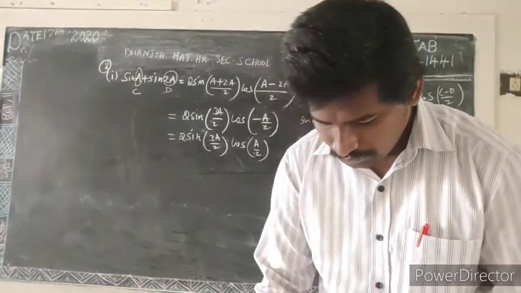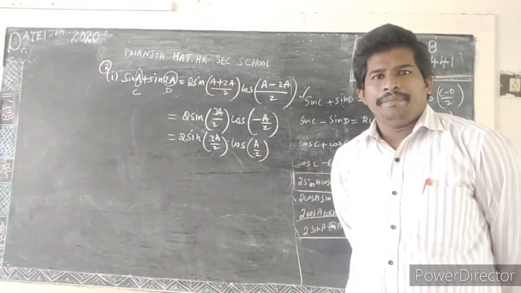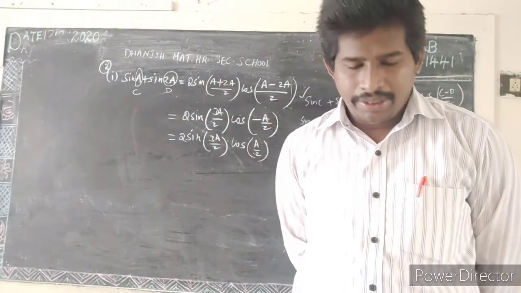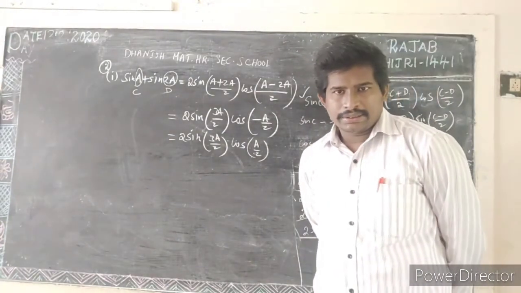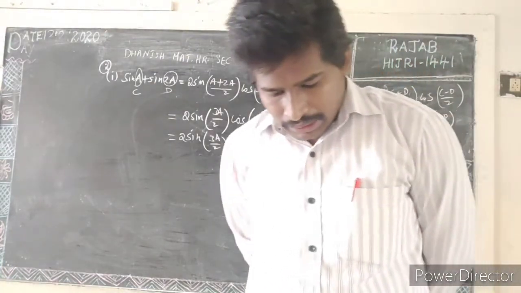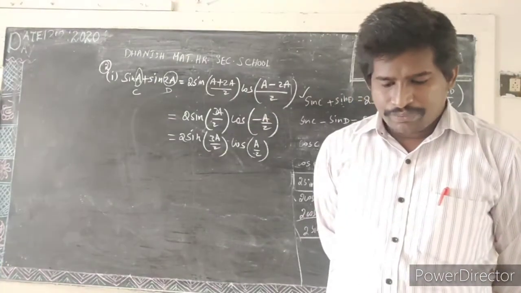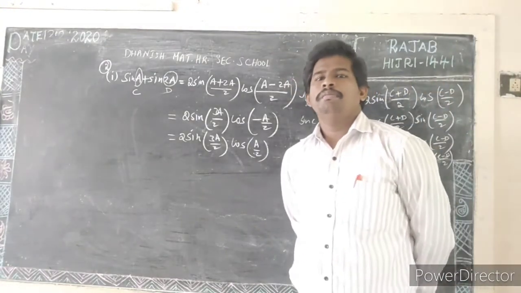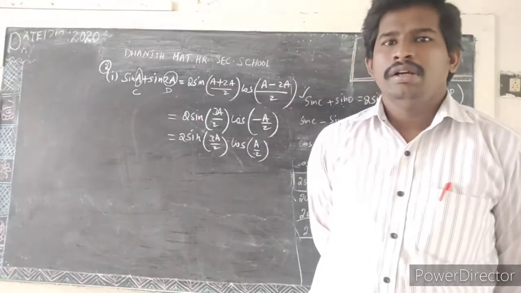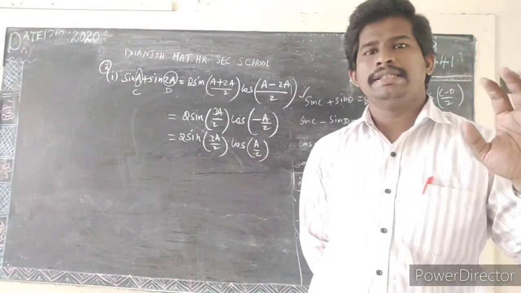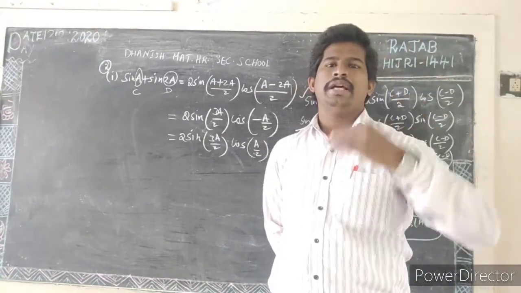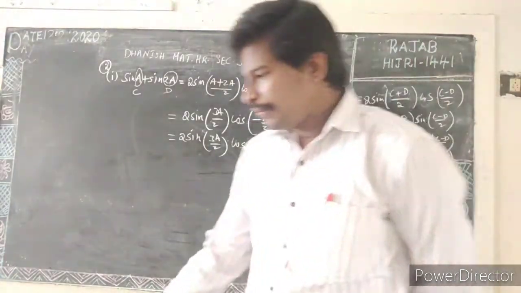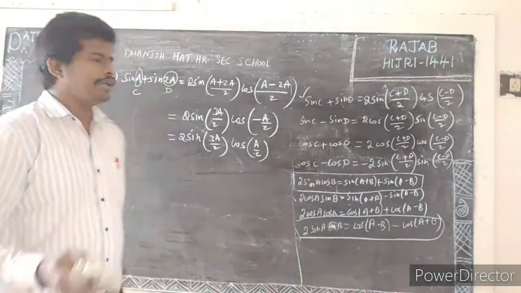Then, look at the third one. It's a very important 5 marks. Look at the book carefully. Try to understand the question. Prove that cos 20 degree, cos 40 degree, cos 80 degree equal to 1 by 2. Here we are going to prove LHS equal to RHS. For that I am going to consider the LHS first. From the LHS I am going to derive RHS. Listen to the problem carefully. It's a very important 5 marks.